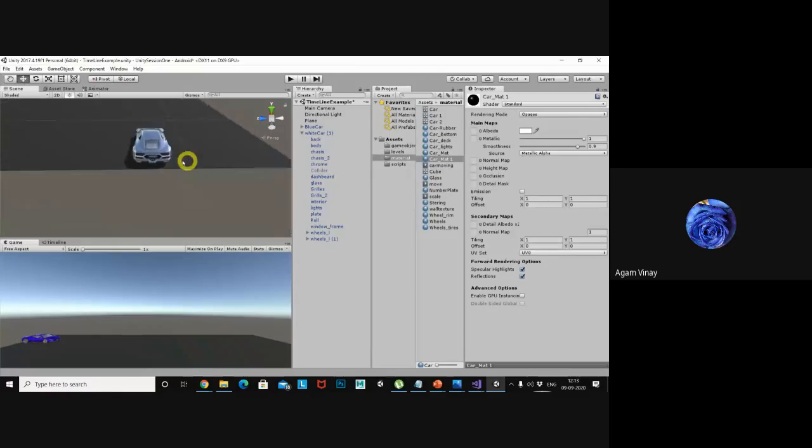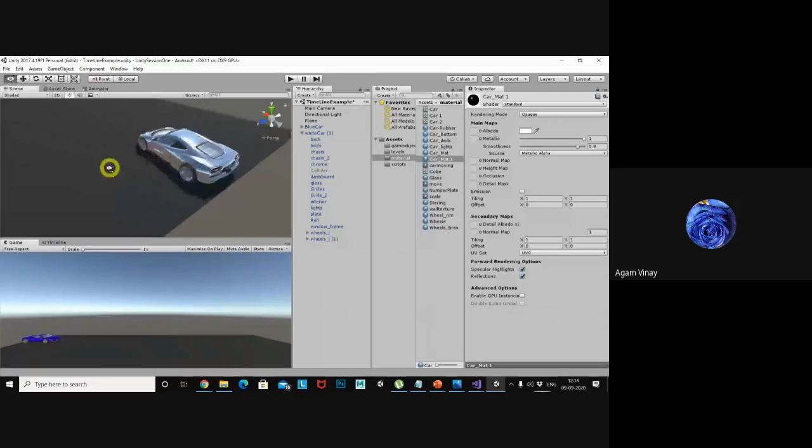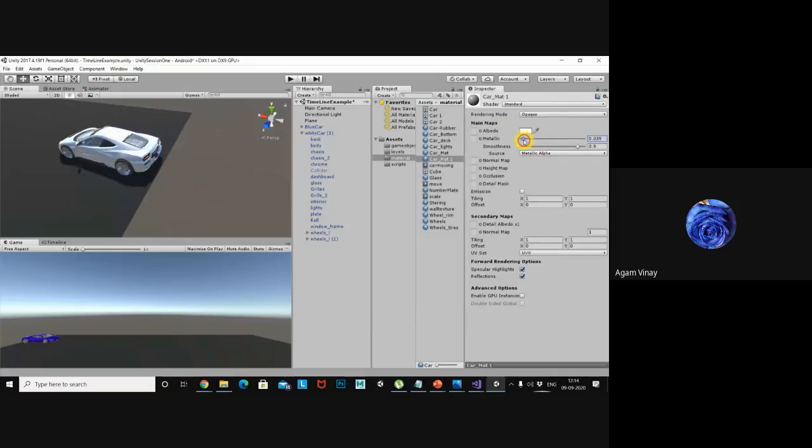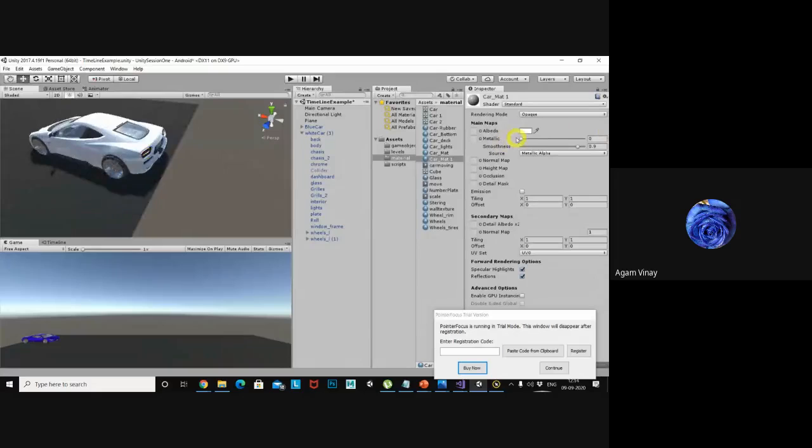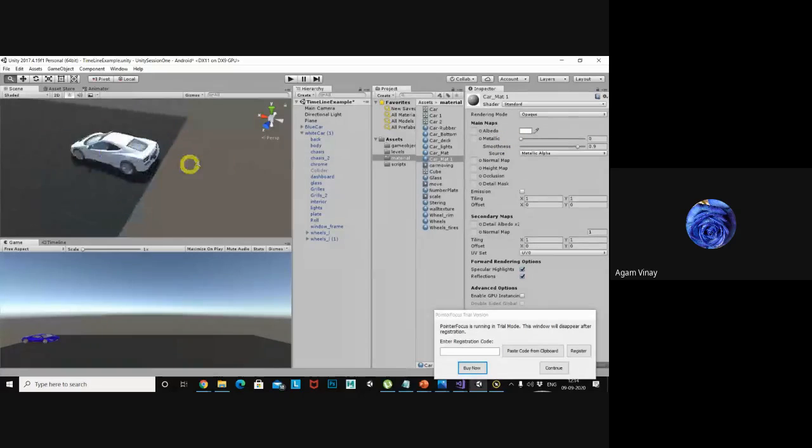If you want white color in detail, you need to change the metallic setting. Whenever you increase the metallic, it becomes metallic, right? I don't want metallic, I just want pure white color, so I decrease the metallic. For this option, just hold Alt and move your cursor, as I explained yesterday.